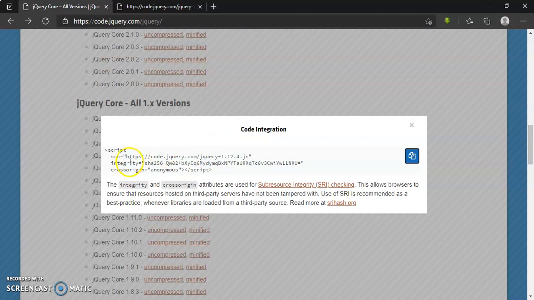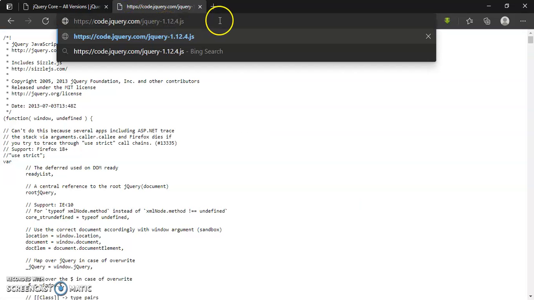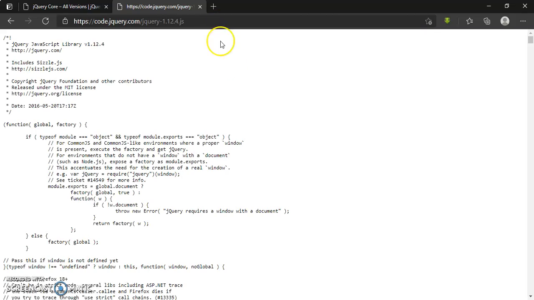I will go to this server, copy the name of the server, and paste it here, so that the script will be displayed here.